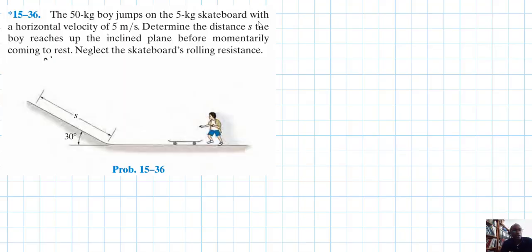The problem reads: the 50 kg boy jumps on the 5 kg skateboard with a horizontal velocity of 5 meters per second. Determine the distance the boy reaches up the inclined plane before momentarily coming to rest. Neglect the skateboard's rolling resistance. This problem is from Engineering Mechanics Dynamics, 14th edition, by R.C. Hibbeler. In this particular problem, we are going to apply the principle of